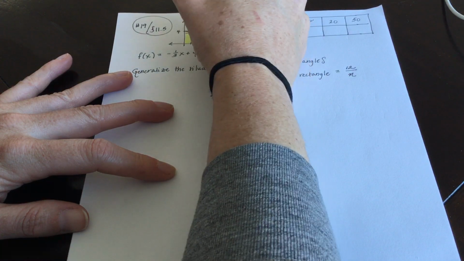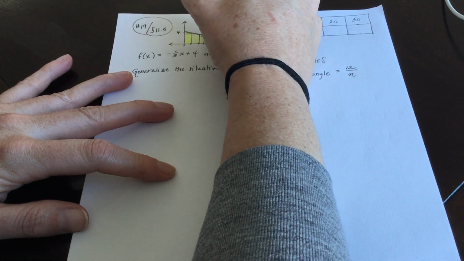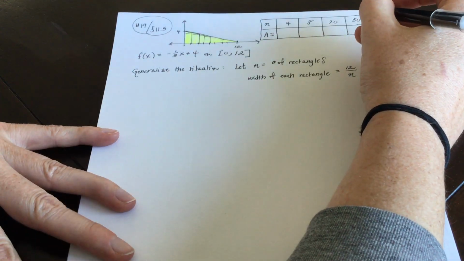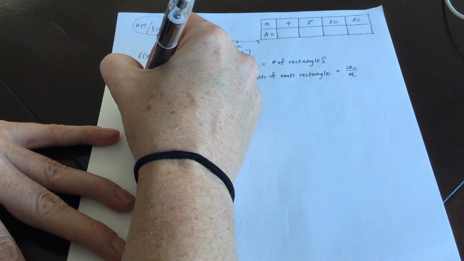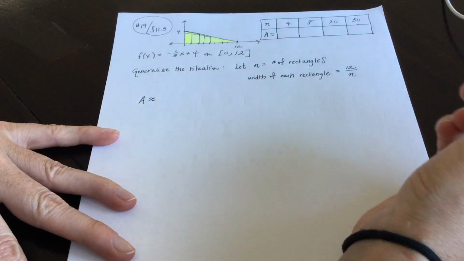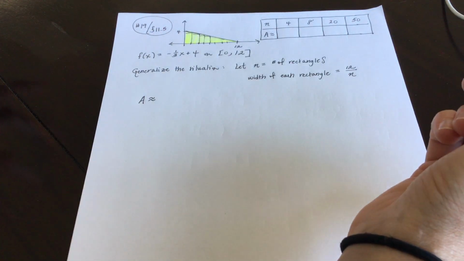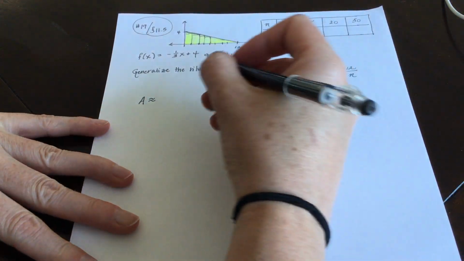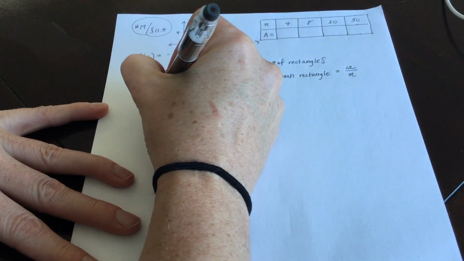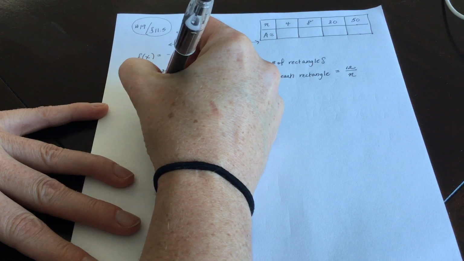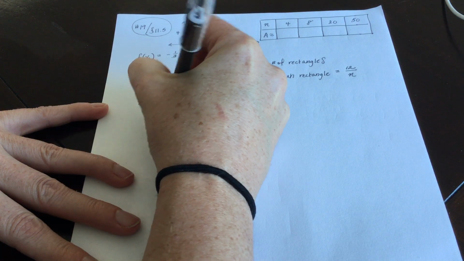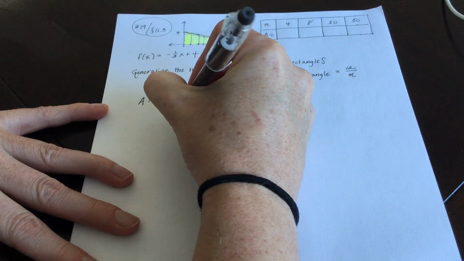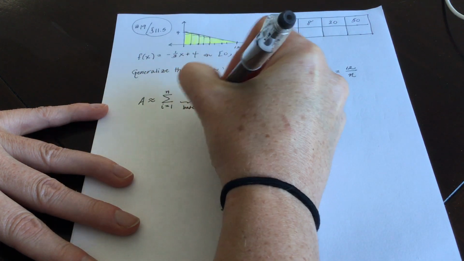And this is not an exact area problem. There will be a little bit of error, even with 50 rectangles. So what I'm going to do is say area is approximately, and then you'll notice it's just like finding exact area. You just won't have the limit as n goes to infinity in front. So area would be approximately the sum as i goes from 1 to n of, and then in here you're going to see base times height